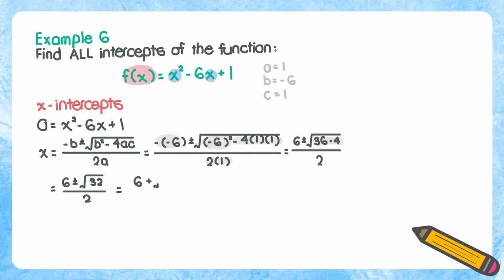So we have two options, either 6 plus the square root of 32 over 2, or 6 minus the square root of 32 over 2. And again, you can use a calculator. I recommend using the Desmos calculator. I think it's pretty easy to use, and it's also like aesthetically pleasing. So we're going to get approximate answers, but x is either equal to, we have two options,